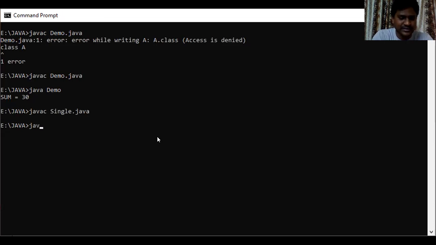No errors. Java single. What do we get? Both methods are called, the base class method and the subclass or child class method. So if you observe here, by using the subclass object we can call the base class method also. This is the reusability we achieve by using inheritance. The base class method can be called using the subclass object, and the child class method is local to the subclass, so it is simply accessed by that object. Got it?